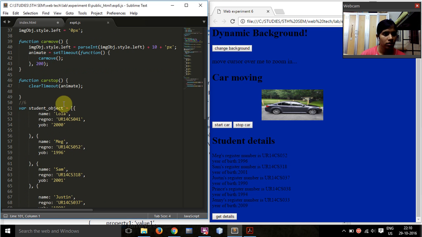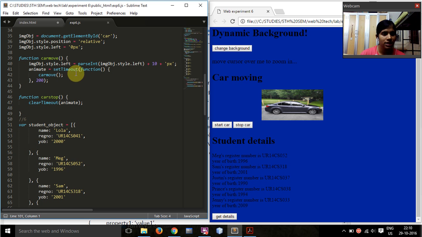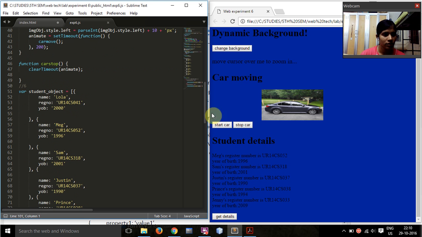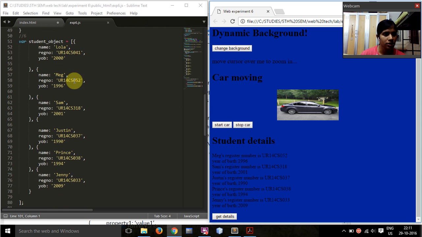And then I have used an inbuilt function called setTimeout for every interval. And then when I want to stop it, I have made use of the clearTimeout function, which is also inbuilt. This clears out every timing we would have given using the setTimeout function, and so the car gets stopped in this way. Now for my last question, we are supposed to make use of an array of objects and